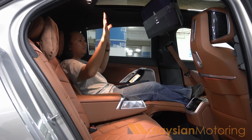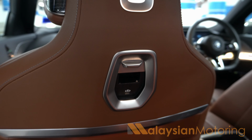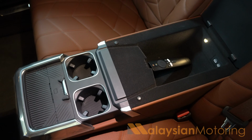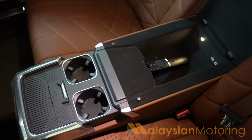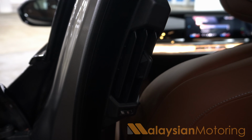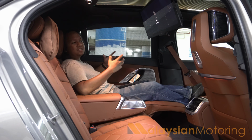Now, beyond all of this stuff, you will also find two USB-C ports behind the seats. You will find two more USB-C ports in this armrest. You have a couple of cup holders here, your own wireless charger should you need it, and of course you have aircon vents in the center, you have aircon vents here, and of course I now have air conditioning blowing up my arse. And as far as I'm concerned, this is the best place to sit